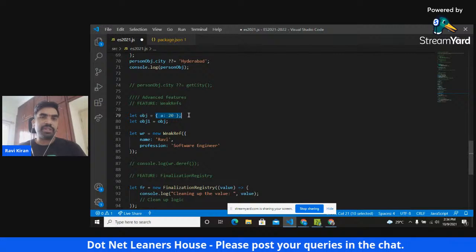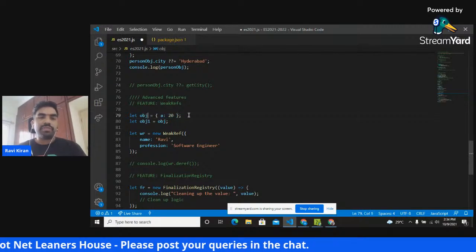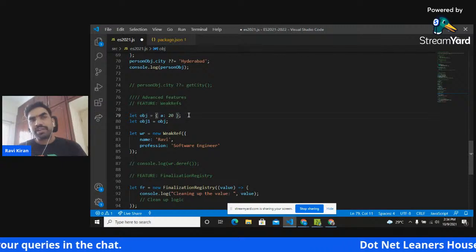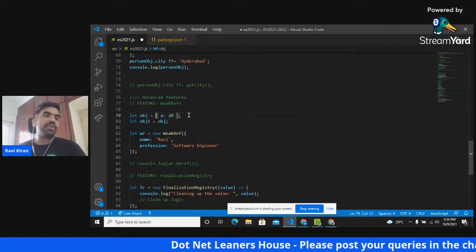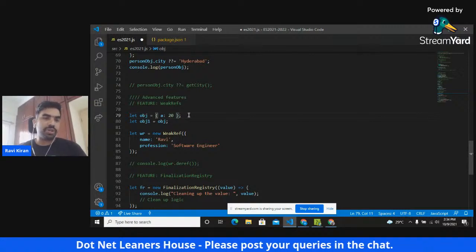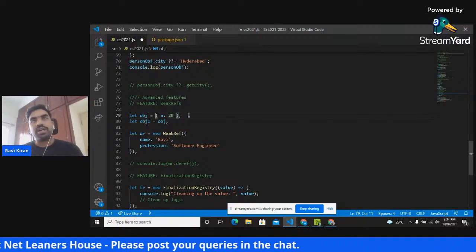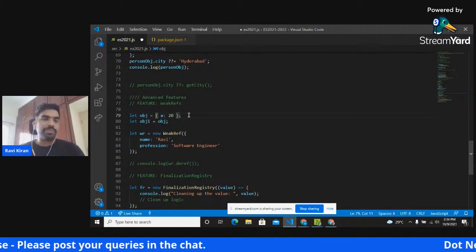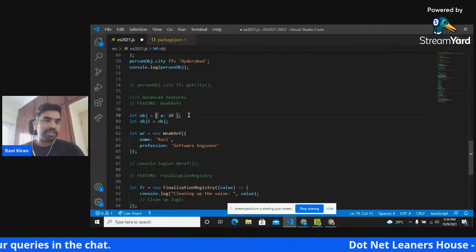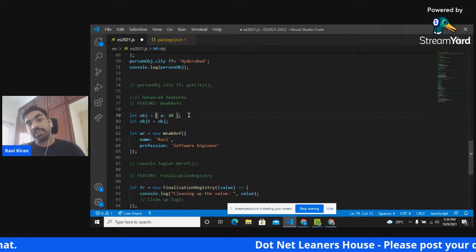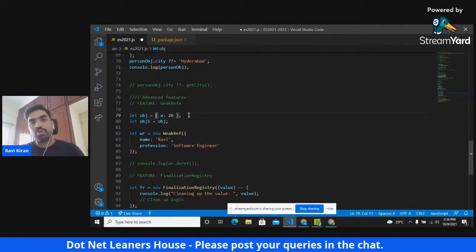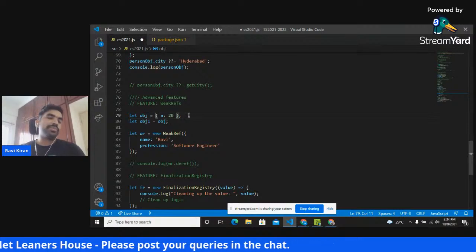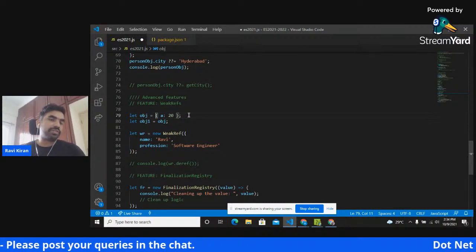So now this object will have some allocated memory in the heap of your RAM, and all of these references are actually stored in the stack. And the way JavaScript's garbage collector works is it will garbage collect a particular object only when there are no active references for it in the code. So it keeps on checking for the active references of all the objects whenever the garbage collector runs. And if you ask me when the garbage collector will run, that is an implementation detail and it is not known to anyone, right? So probably it depends on the JavaScript vendors or the JavaScript platforms that we are using.